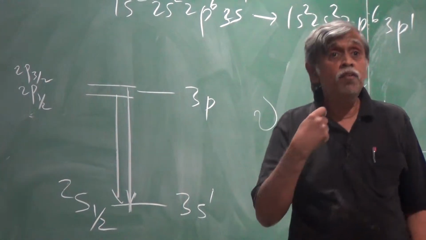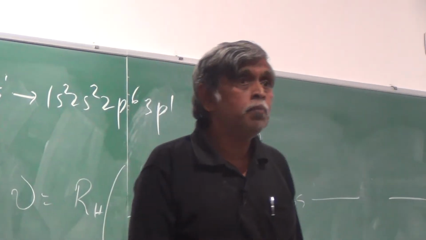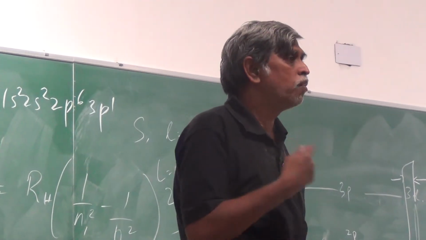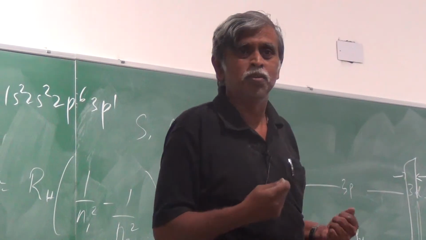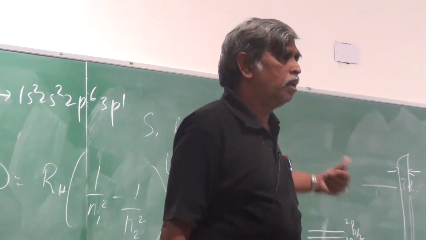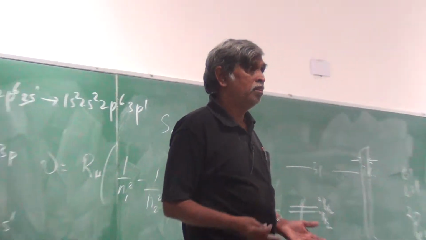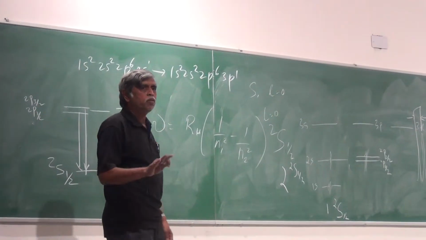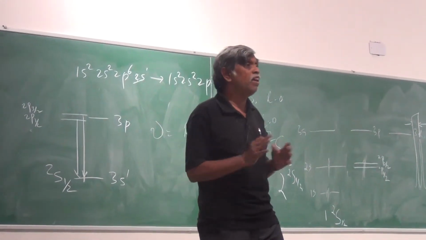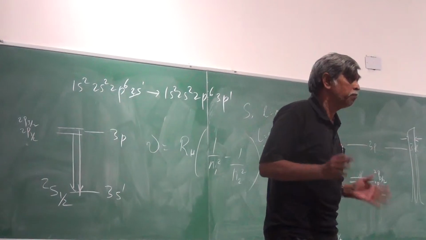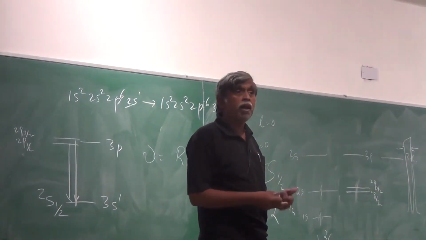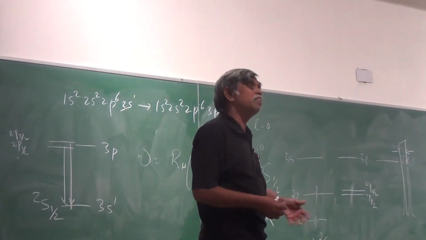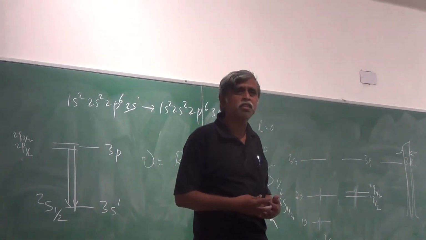So the point I'm really trying to drive home at this time is the following: you have to be able to write term states for all these configurations as easily as possible. Without term states, none of these spectra can ever get assigned. Because with just lines like this, 3s and 3p, you are sunk. You will not be able to explain any of the splittings that you see in spectroscopy. So this is something that we will come back and visit over and over again. We will look at spectra for more complicated situations than sodium. Sodium is one of the simplest situations.